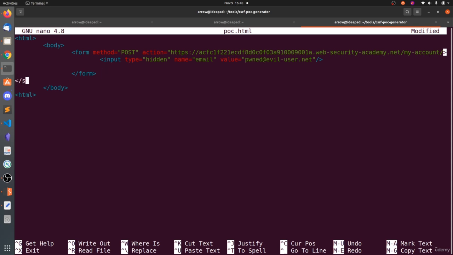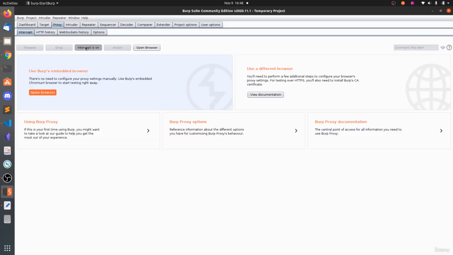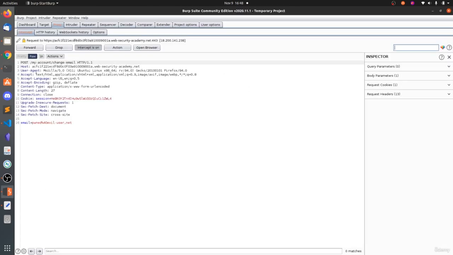So let's say script document.forms[0], that is the first form, .submit. So it will automatically submit whenever you open this one, Firefox poc.html. So let's capture, intercept on. Now let's go and enter, and you can see whenever I open the link, the request has been automatically sent